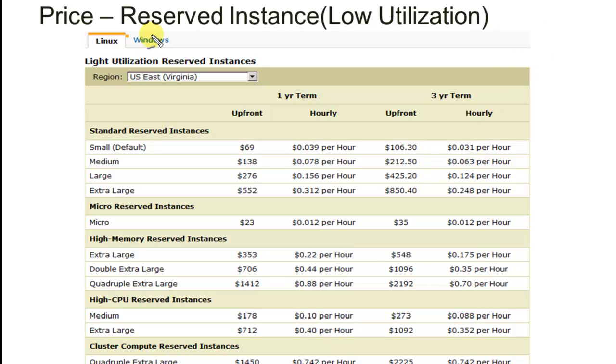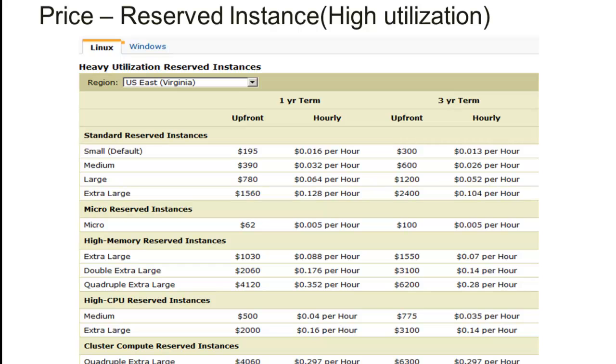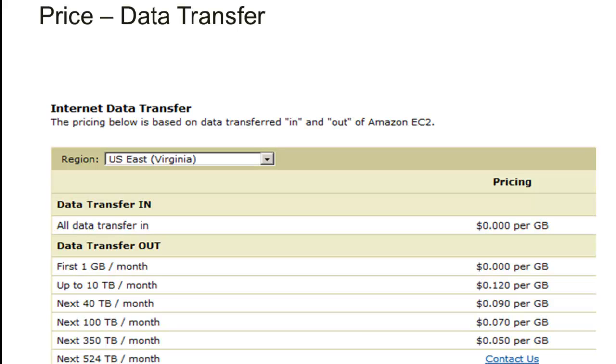Here are the prices for reserved instances. That was on-demand instance, this is a reserved instance. High utilization reserved instance. Now there is another thing called data transfer, which also costs you money. Let us understand how this concept works. The pricing below is based on data transferred in and out of Amazon EC2. Now all data transfer in, which is very important, is free, completely free. But all data transfer out